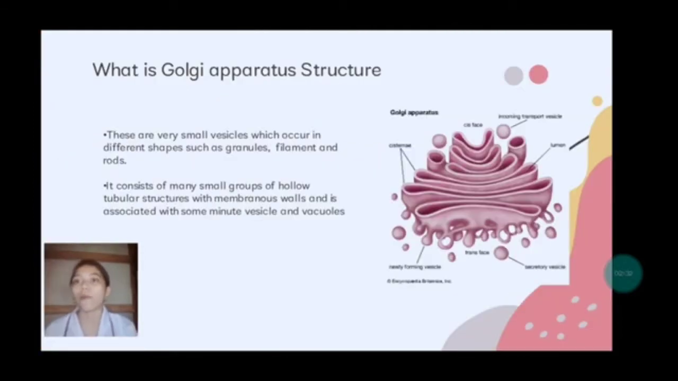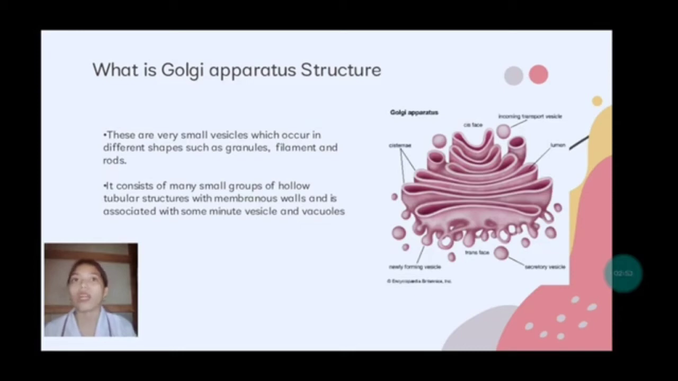What is the Golgi apparatus structure? The structure of it is very small vesicles which occur in different shapes such as granules, filaments, and rods. It consists mainly of small groups of hollow tubular structures with a membranous wall, associated with some minute vesicles